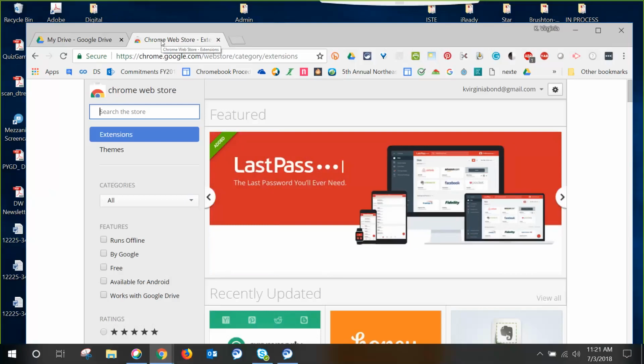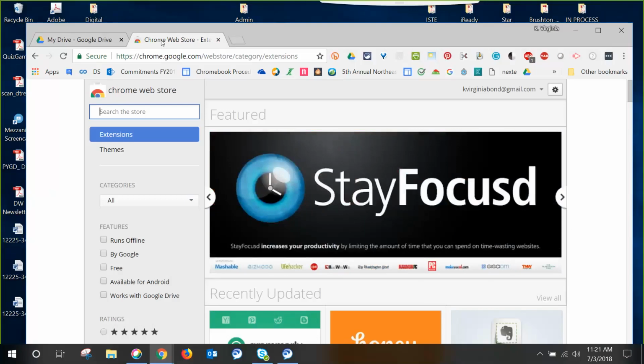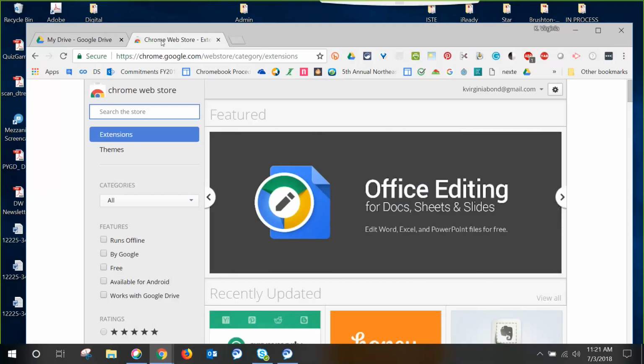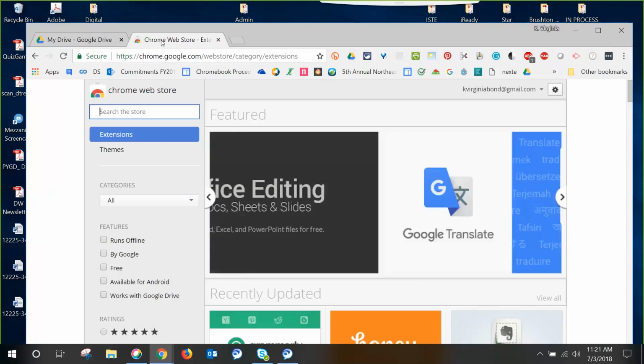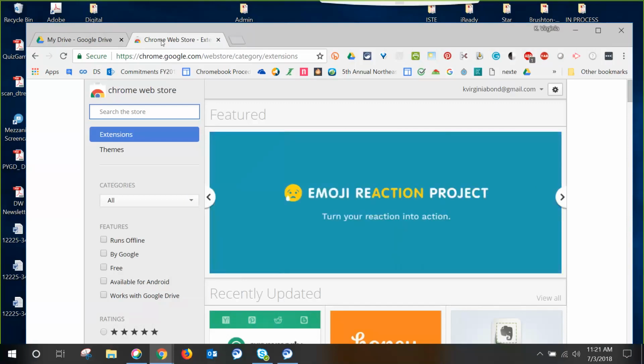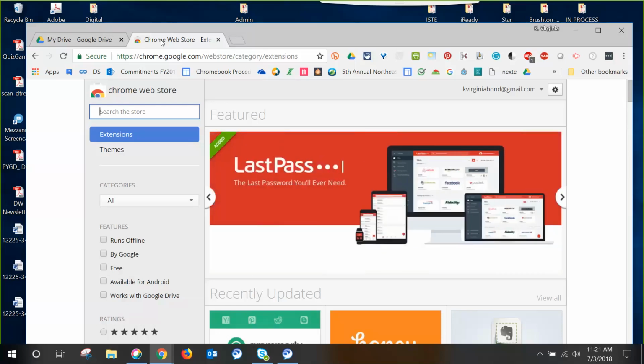They can be pushed through the Chrome management on the Google admin console. So your Google admin can push out extensions to students. I think that's a really great way to, basically, you're creating your own web store for your district. That is a great way. It's not always the best idea to give students full access into the web store because they will put on